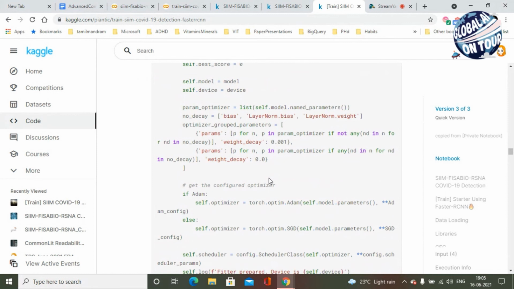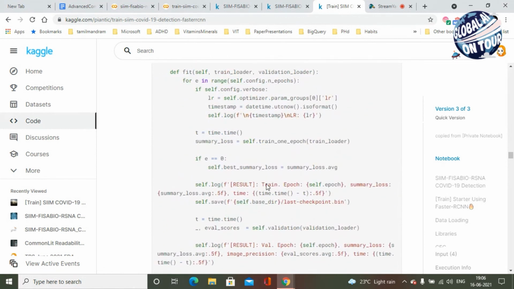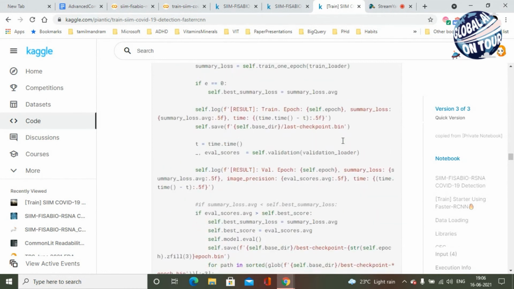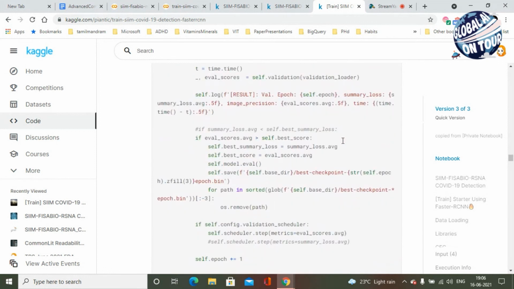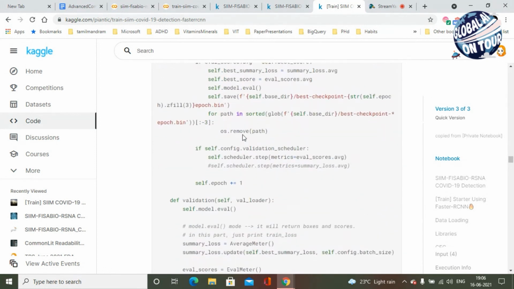And then optimizers, whether you're going to use Adam or SGD, all the optimizer related parameters will be configured. Once you configure, you have the fit method here. The fit method is where you actually train on your training data. So you're setting your learning rate, timestamp, and then you have the summary loss, best score, and all that.